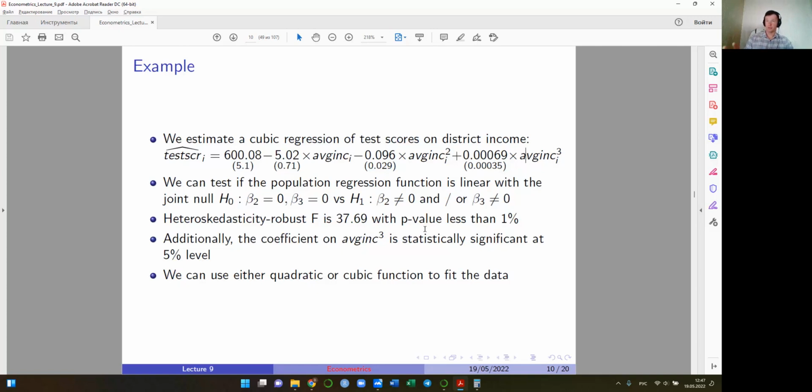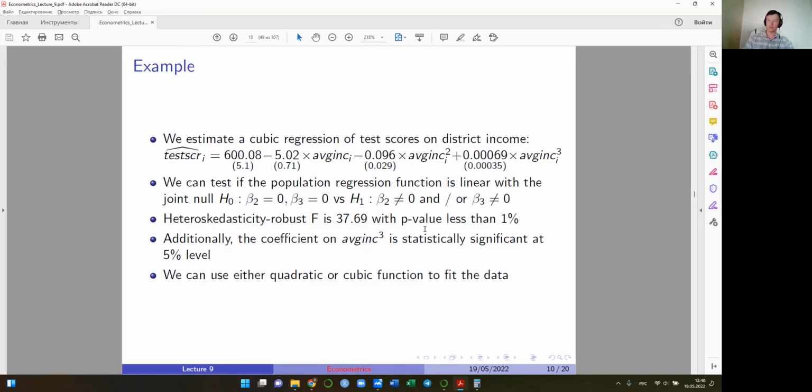Another question is if you want to use this regression function for predictions. This is another issue, because the larger the order of polynomial you use, the better the fit is going to be and the better the r squared is going to be. But usually these higher order polynomial models will produce very bad and very poor predictions. Why? Because,